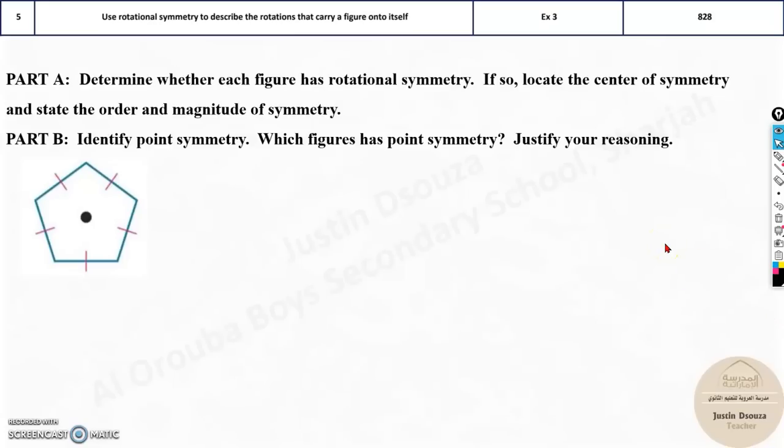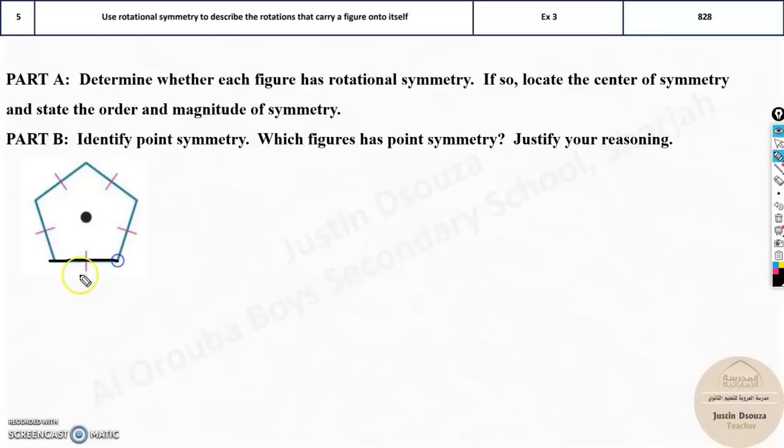The fifth topic is on rotational symmetry. We need to find the order and magnitude of symmetry, and then we also need to identify whether it has point symmetry. What does all this mean? First of all, if you can rotate any object, now rotate this object, and if it is shaping into itself,